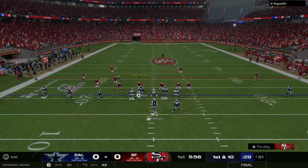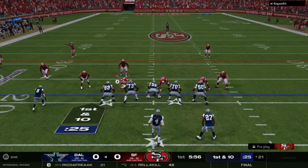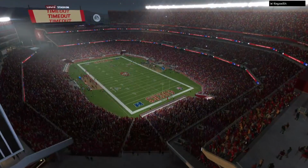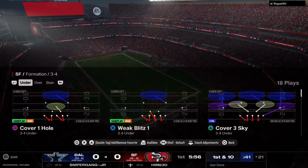Let's get this show on the road. It is 1st and 10. The Cowboys signaling for their first time out. And after using an early one, two...